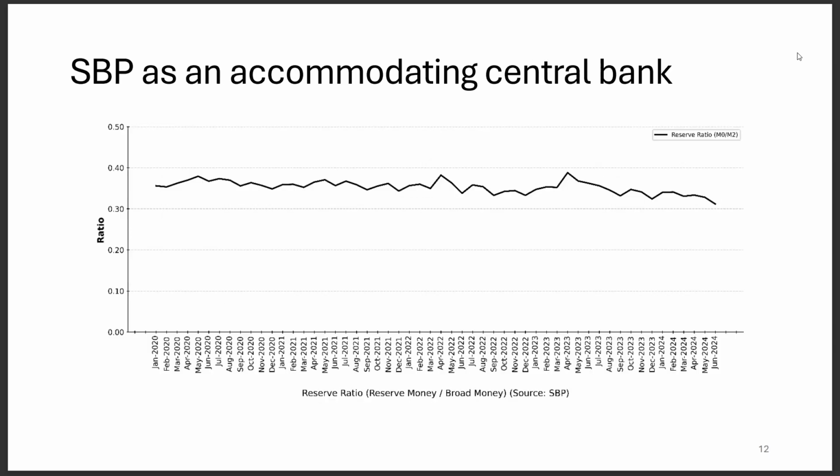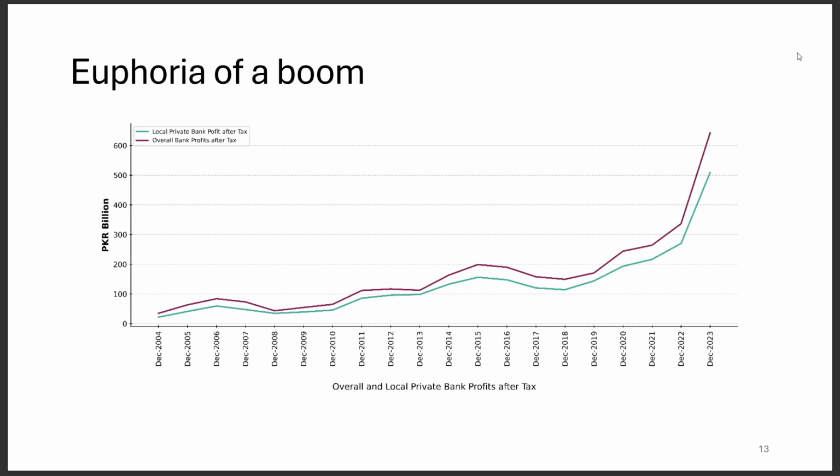The second proposition is that the banking sector has confidence in the state bank as a reliably accommodating central bank, which, as you can see in the reserve ratio, is largely stable. And this is since January 2020. So the banking sector has confidence in the government as a deficit spender and in the state bank as a provider of reserves. And this, I think, is the third proposition, which I think is the most important,